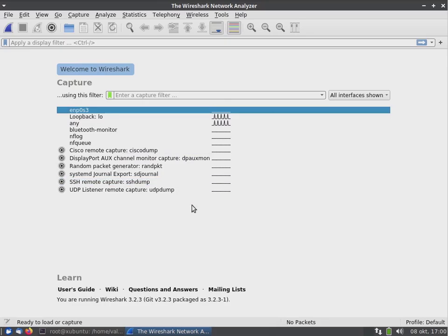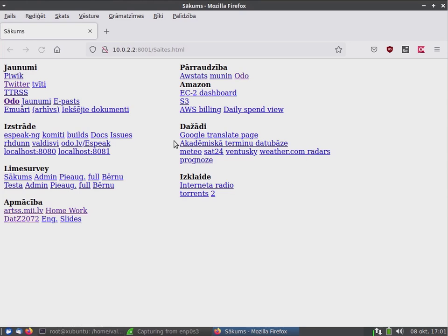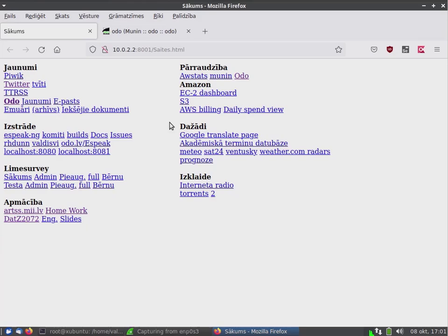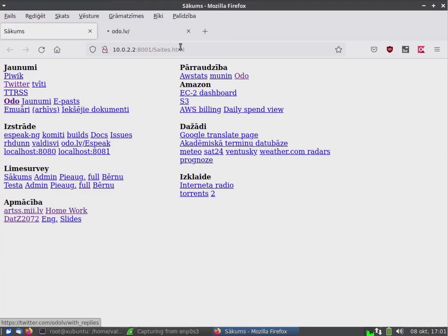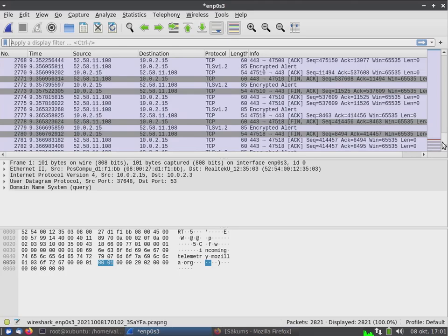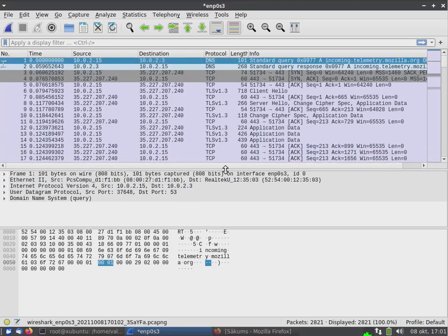we will be checking what happens inside our network, and I can start writing something with this application. I did something in the network, like open this web page. I actually wanted to open something like this, but it doesn't matter. And what I have recorded here are bits sent and received through the network card of this virtual machine.